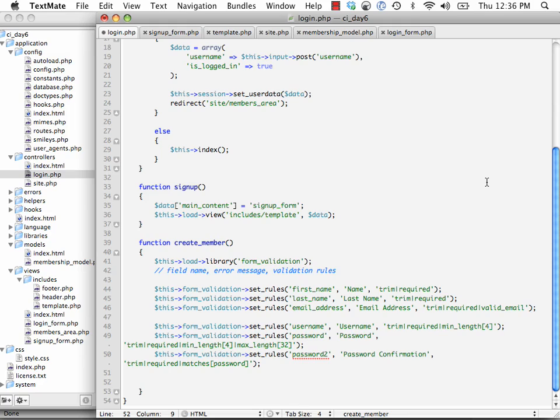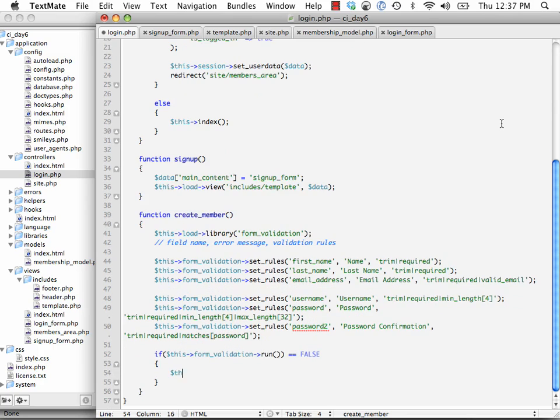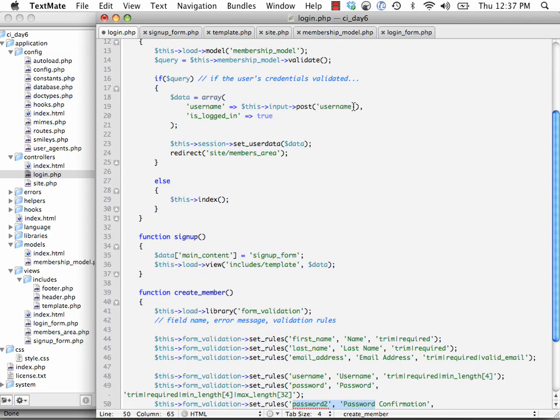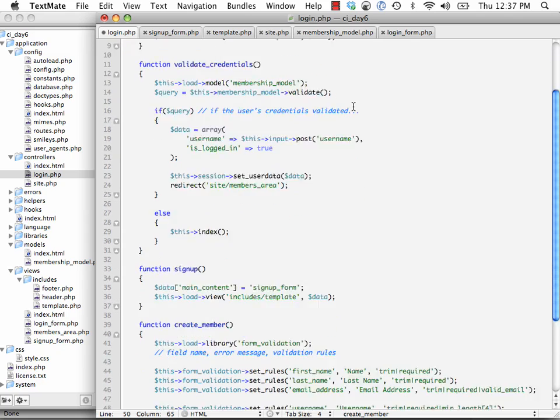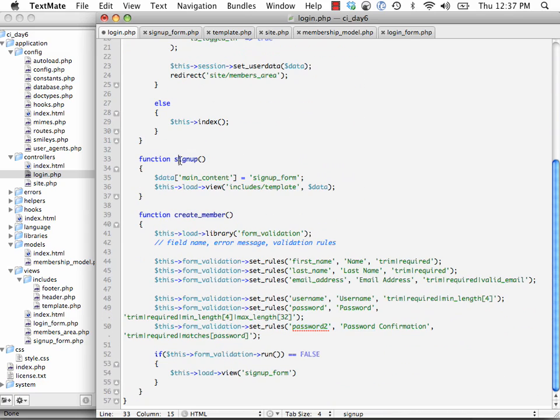Now we need to check to see whether the validation was performed successfully, if they did it correctly, or if they didn't. So if this form validation, and we're going to run, and if it returns false, there was a problem, and in that case we will load the view again. This load view sign up form. Or we could call sign up again, but we're not going to do that. Else